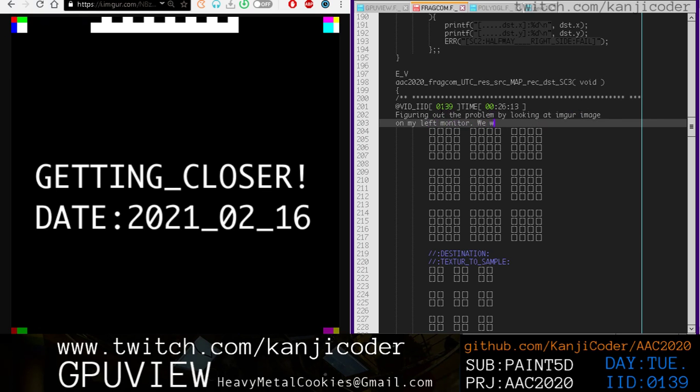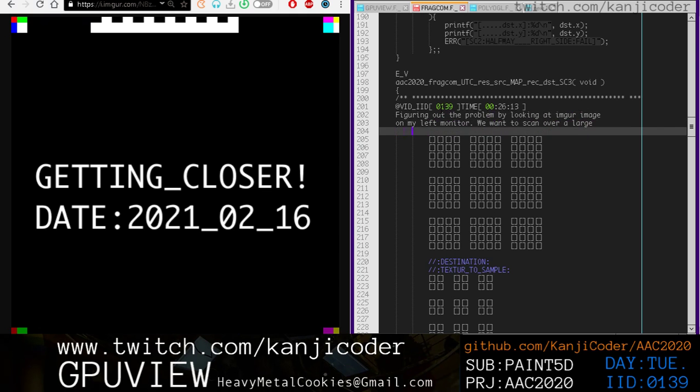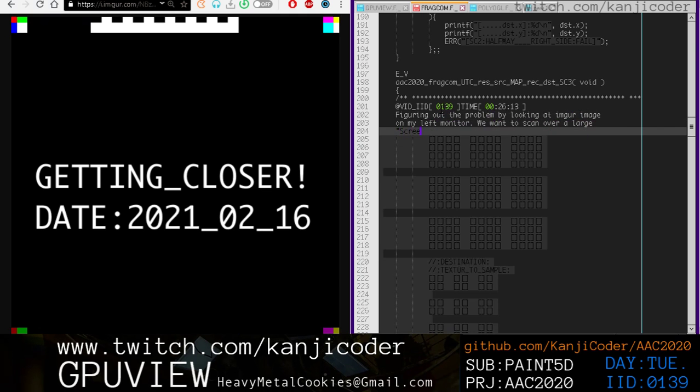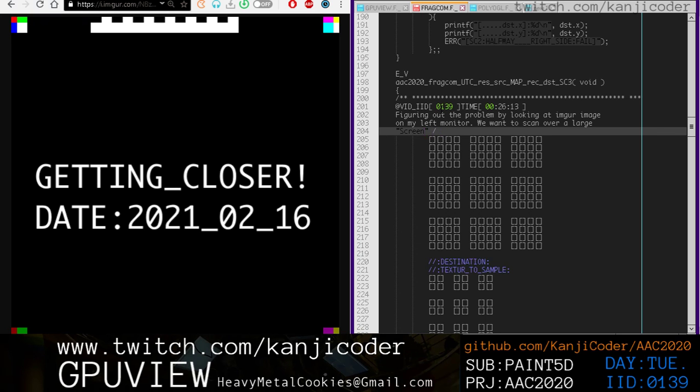We want to scan over a large screen / source